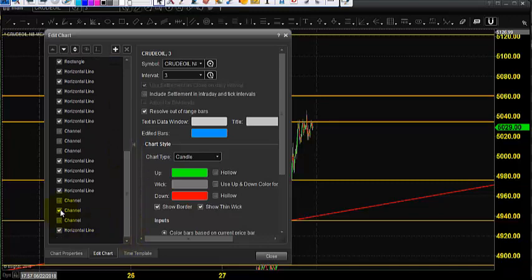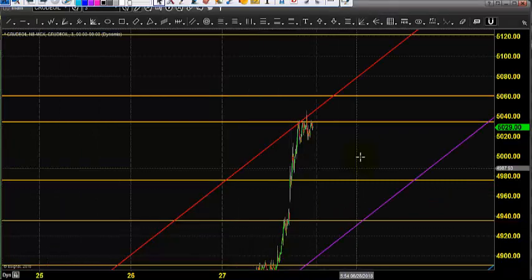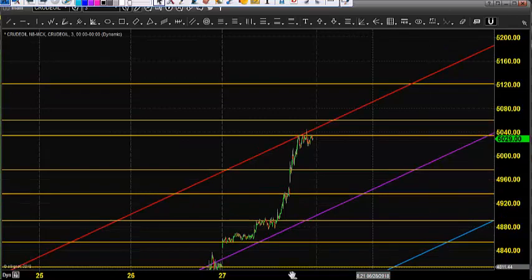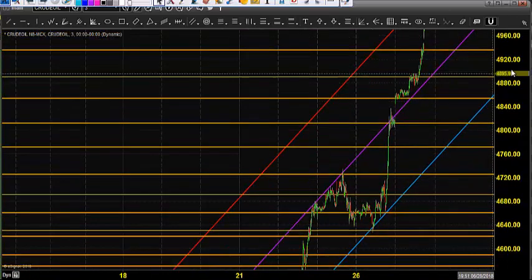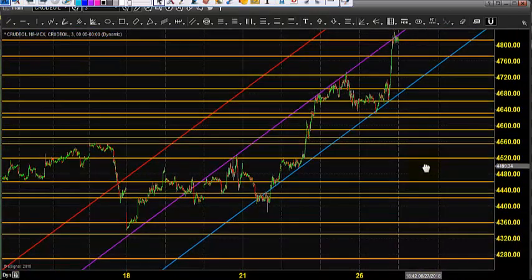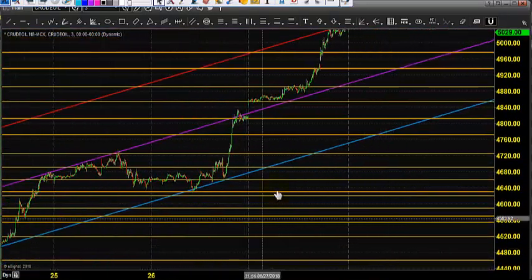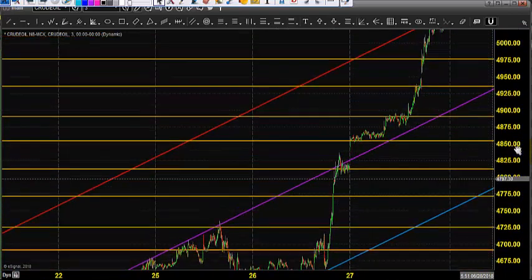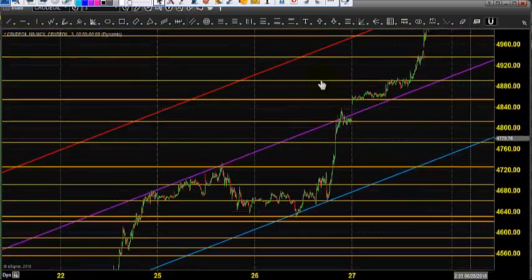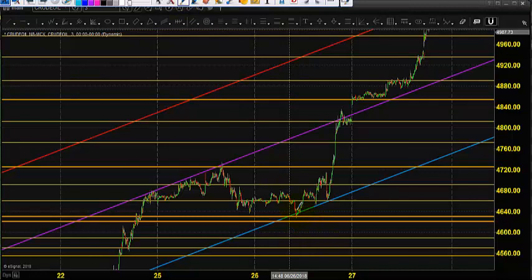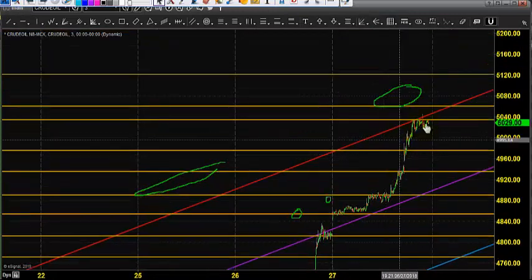What you need to do, without getting confused, is plot all these trend channels in your charting tool. Any charting tool should provide this facility. So this is the only trend channel which we took in the short term, which means we tried to connect the day before yesterday's low, and we tried to match all these resistances, and yesterday we thought it would act as a support. Now what we feel is, now the price is taking